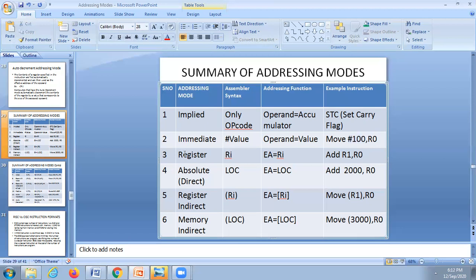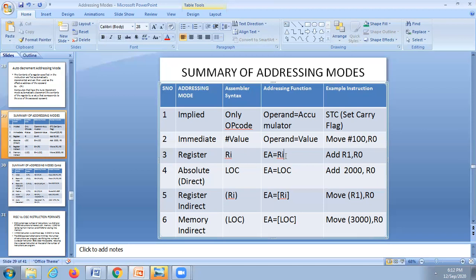The third one is register addressing mode. In the register addressing mode, we are going to use the registers as operands. The syntax will be Ri, and the addressing function means the effective address.